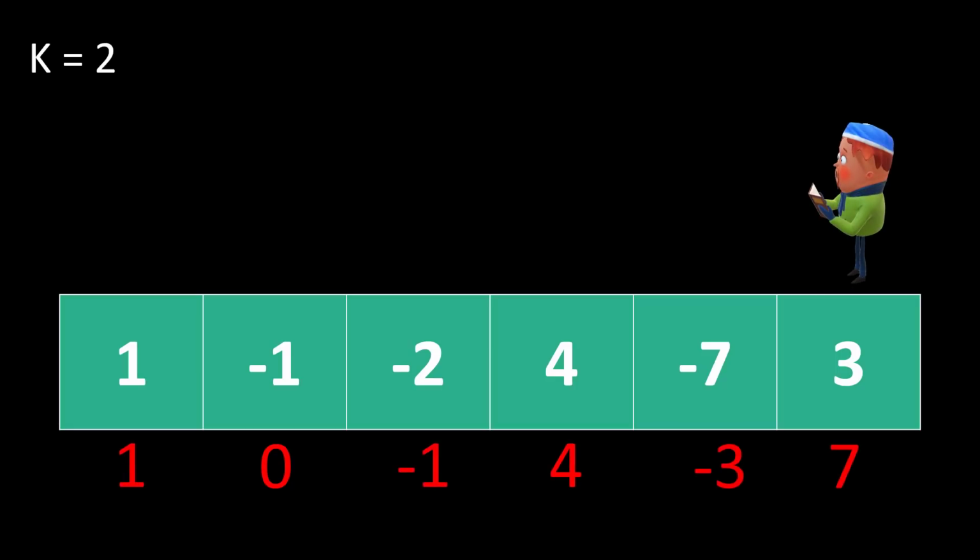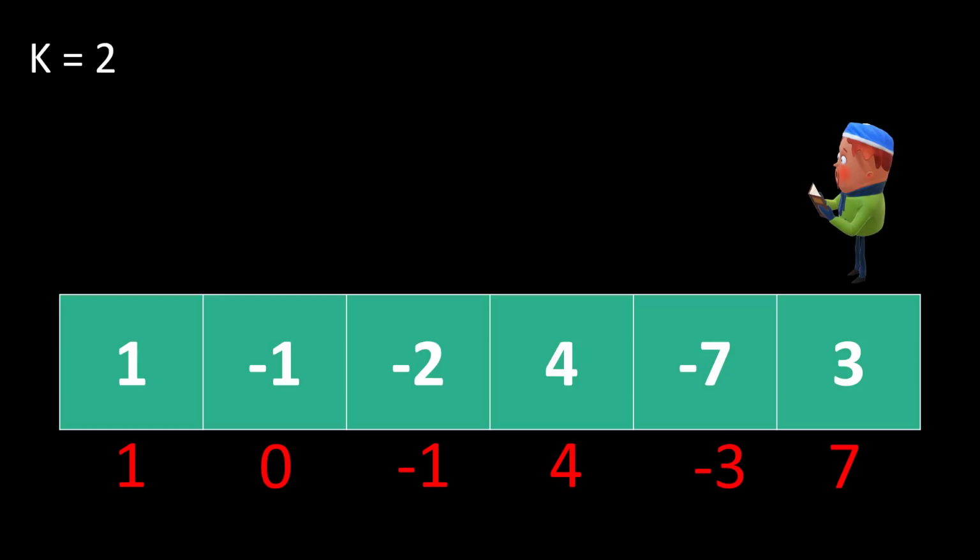If we were to put all the sums that we can get at each particular index, we will get these values that are shown below the current values. So 7 is the highest sum that we can get at the last index. At the second last index we can get minus 3, and then it's 4 and so on. And as we need to return the maximum sum that we can get at the last index, we will return 7 in this case.